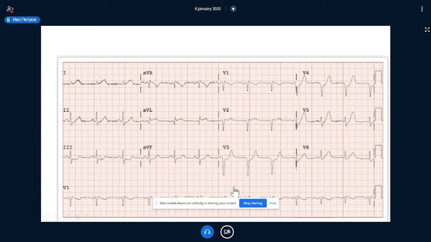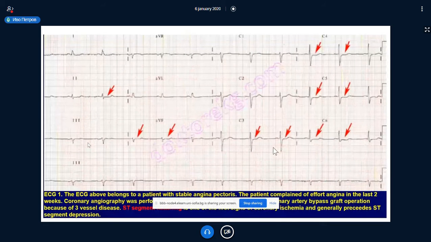Depression here in the third and also in the second lead. That is typical for the chest pain with inferior leads depression. And here is inferolateral. So you know probably that we have chest leads and peripheral leads. From the peripheral leads, these are the first, the second, the third, and AVR, AVL, AVF. And the chest leads are from C1 to C6 that are in fact positioned on the chest